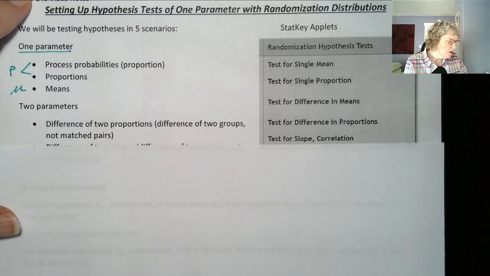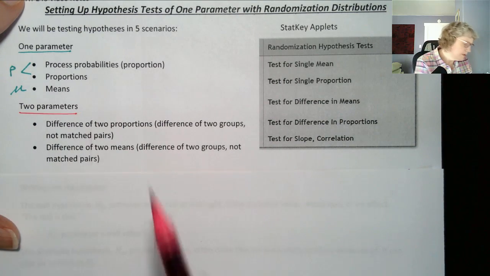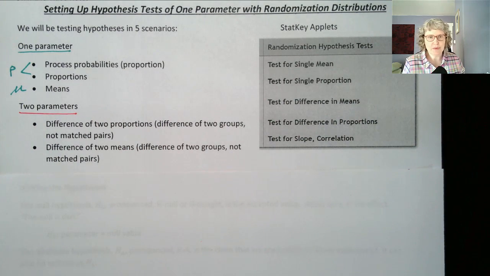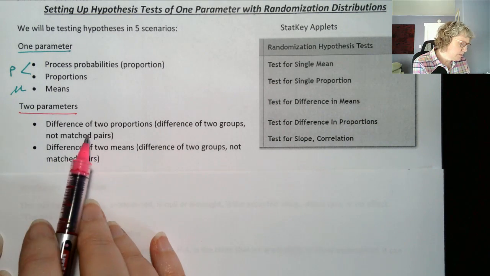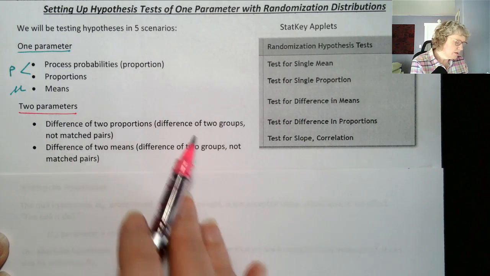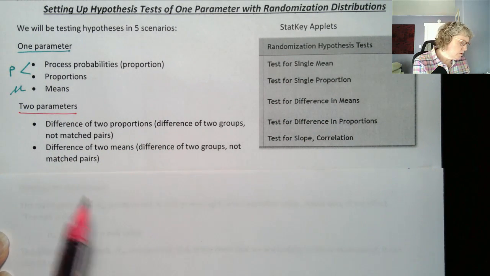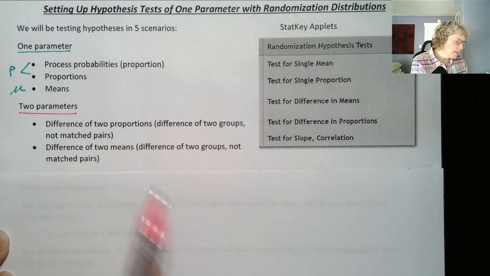Then a little bit later on, we'll get into 2 parameters. With 2 parameters, this is really cool because now we can compare 2 groups. So maybe we want to compare adults with teens, or men with women, or there's lots of different groups we can compare. Again, with proportions, we can compare the difference of 2 proportions if it's a categorical variable, or the difference of 2 means if it's a